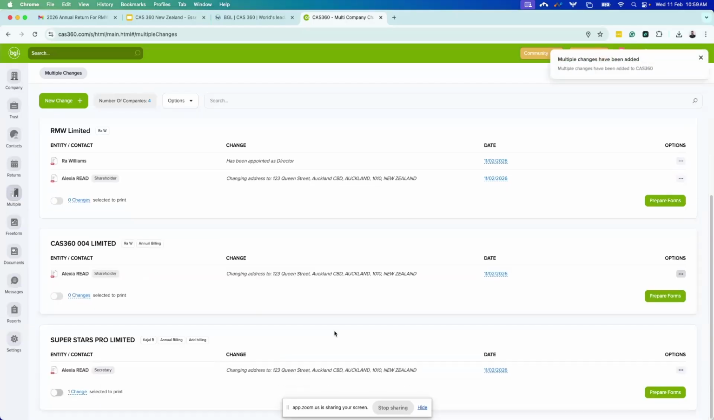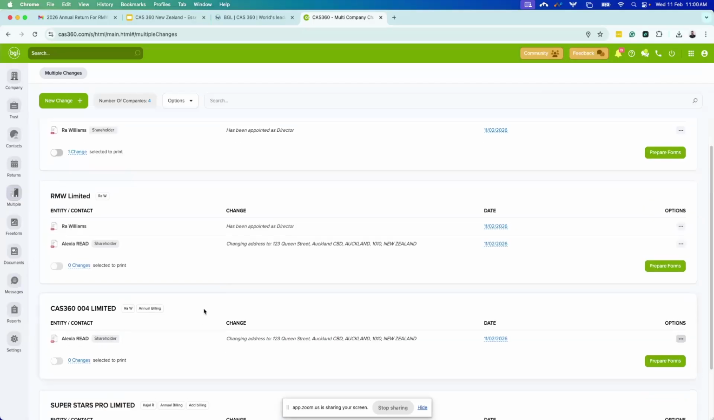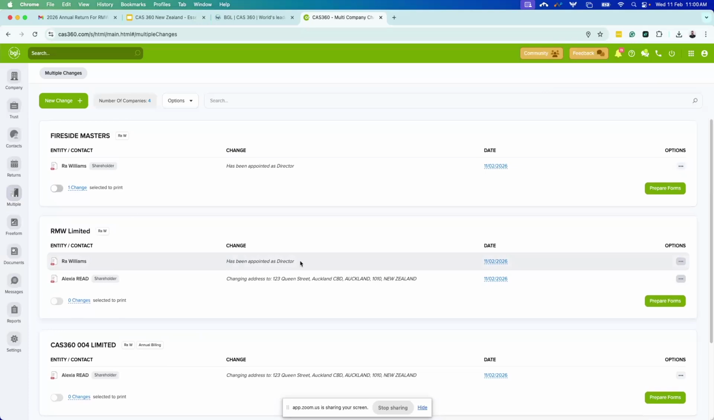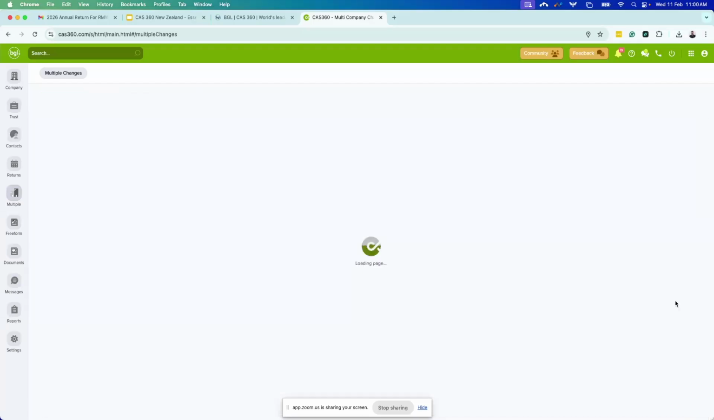And now this has been added to our screen for Alexia, and it does also list what position they are, and it'll bundle it into any of your existing company changes that you've got going on. So for RMW Limited, I can see that Alexia Reid is actually a shareholder, and she's now been bundled into the company changes for that particular company. So not only have I got a director appointment taking place, I've also got the shareholder address update now also included. Now when we take a look at preparing the forms,